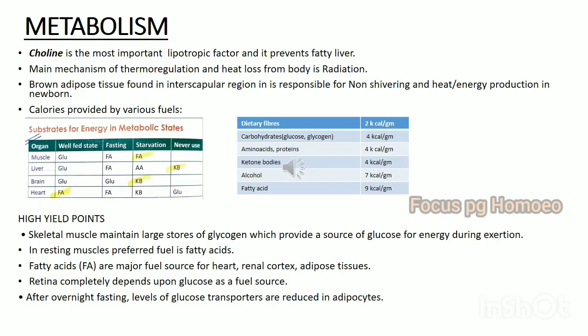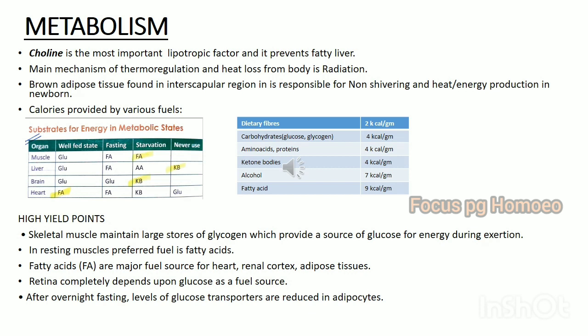Okay, coming to metabolism, choline is the most important lipotropic factor and it prevents fatty liver disease. Next, the mechanism for thermoregulation and heat loss from the body is radiation. In children, non-shivering heat energy production in the newborn is because of the brown adipose tissue that is found in the interscapular region. Then the next table is showing